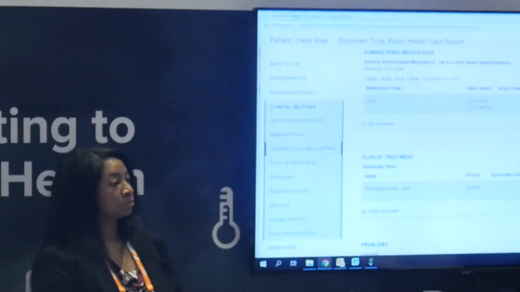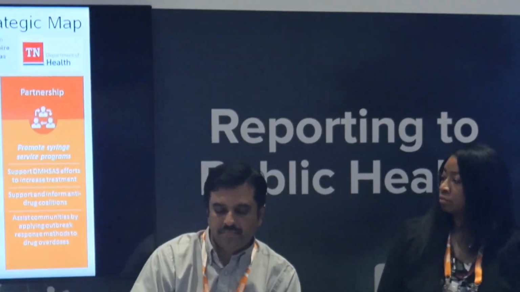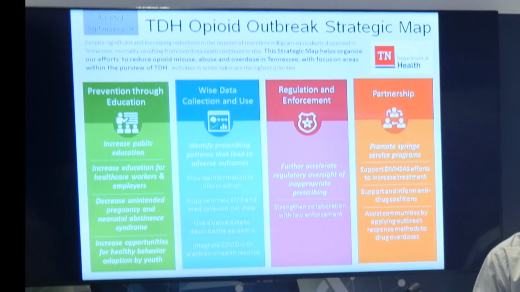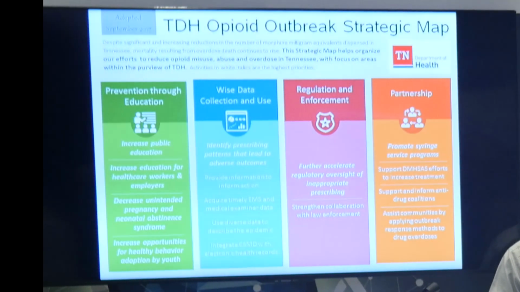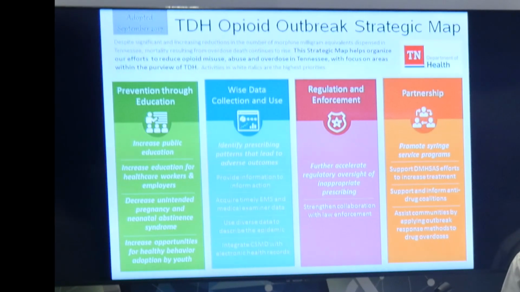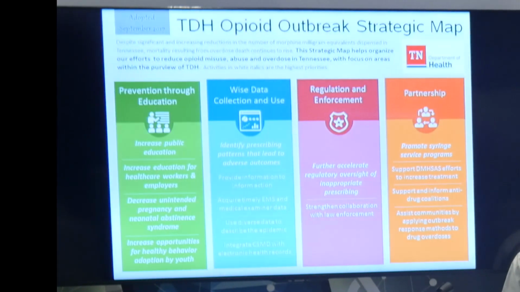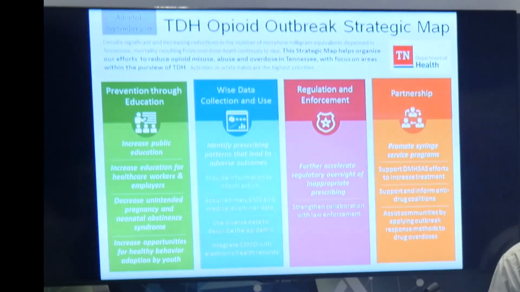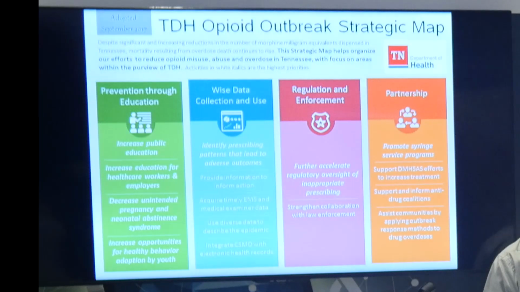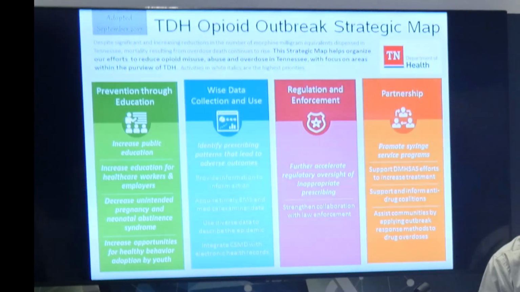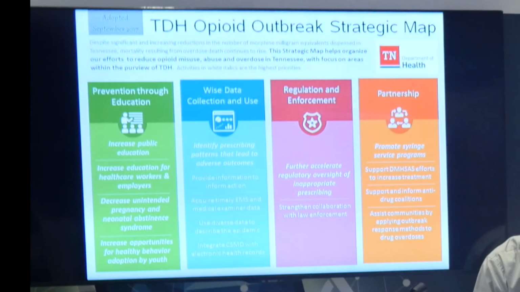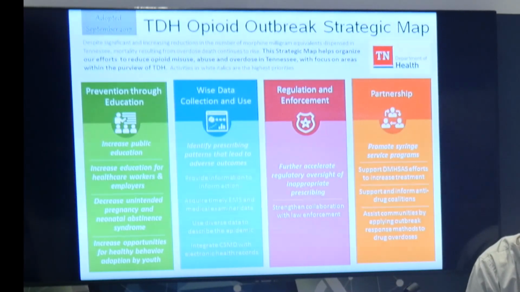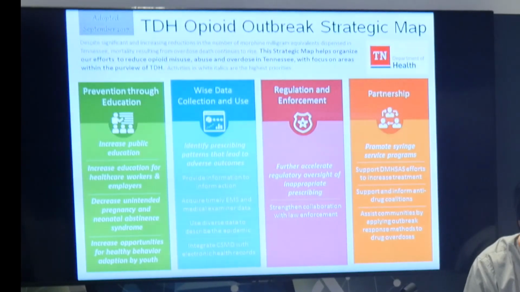So redirecting your attention back to the middle screen. As depicted in TDH's opioid outbreak strategic map, WISE data collection and use is integral to Tennessee's opioid response efforts around prevention through education, regulation and enforcement, and fostering partnerships. Data received from reporting combined with other existing data sources like vital events, death, medical examiners, case management system, hospital discharge, controlled substance monitoring database, and arrest data are used to develop reports and visualizations targeted for specific uses, including